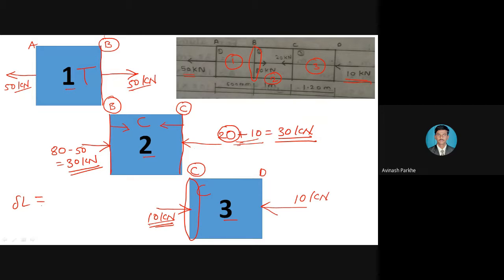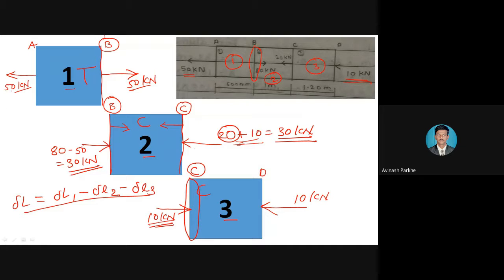The total deformation is equal to first delta L1, whether it is under tension or compression, it is under tension, therefore delta L1 need not required to write down the positive sign. Then second section is subjected to the compression, therefore minus delta L2, and third section is also subjected to the compression, therefore minus delta L3. So like that, we have to modify the total deformation formula, and while calculating delta L1, PL upon AE, in that